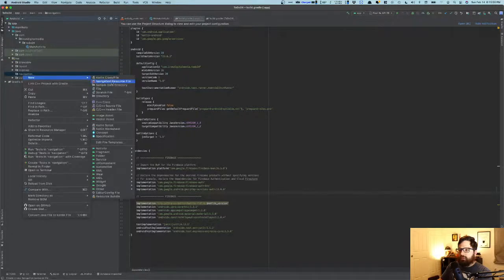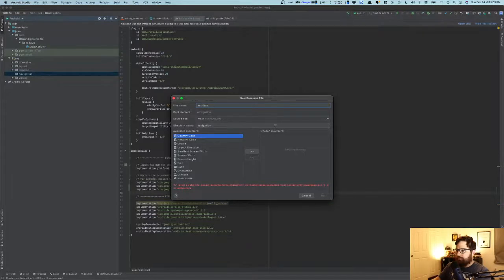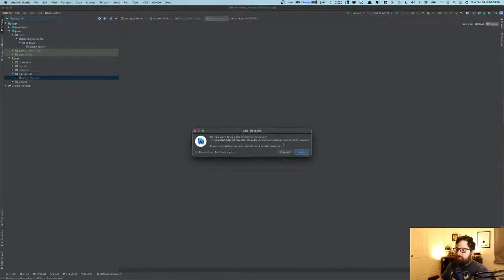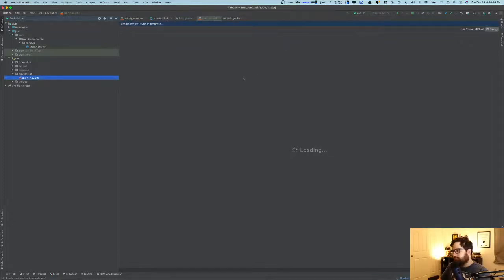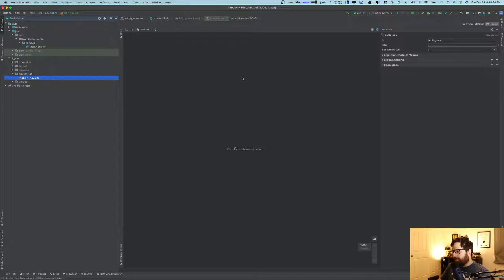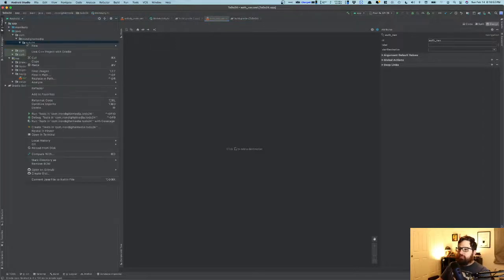Now in here, we want a new navigation resource file, and this is going to be auth nav. Oh, you can't have uppercase letters. Okay, so we fixed that. Adding, yes, yes. Oh, okay. The dependencies for navigation. Okay, I didn't add that. Well, we'll have to make sure we do that. Okay. I had to sneeze there. All right, so we got the main activity, but we actually want to do